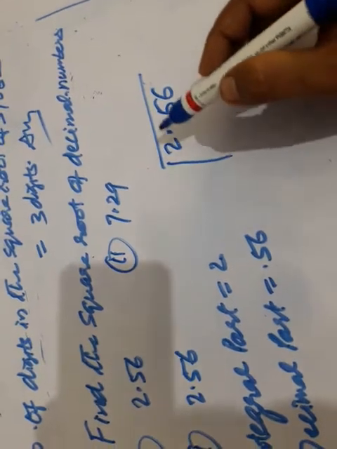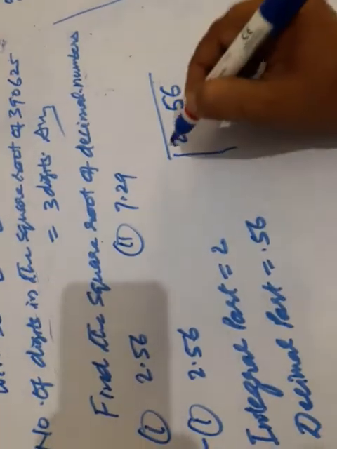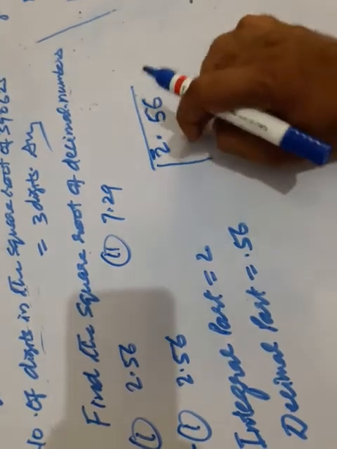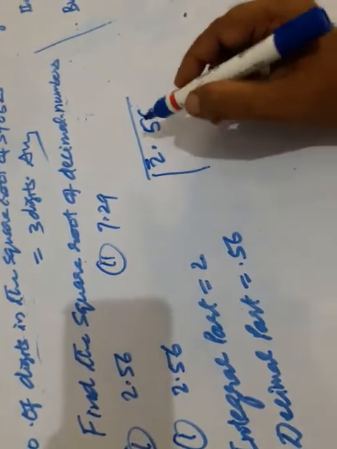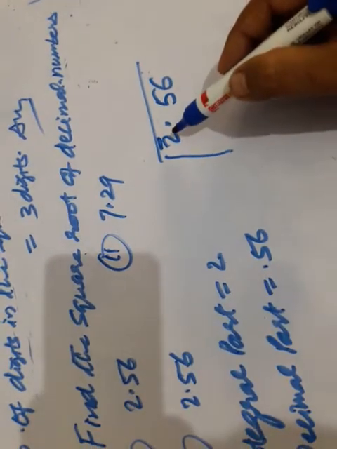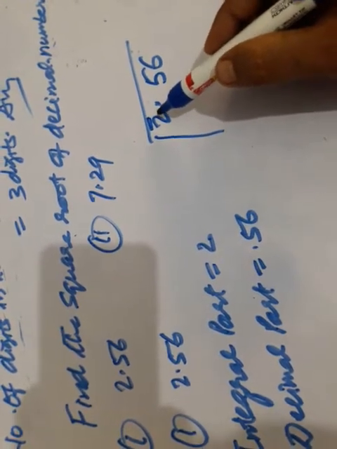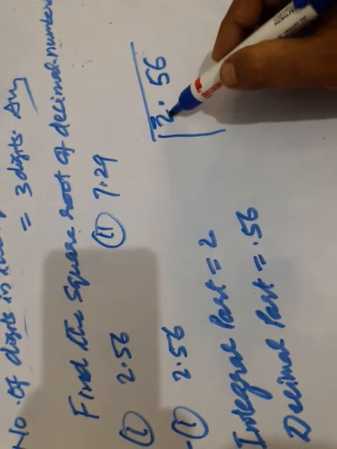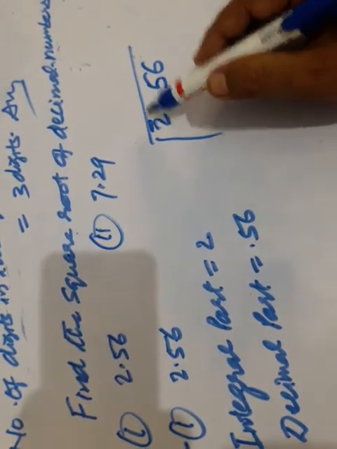See, for the integral part we will make the pairs as we were making till now. Only one digit is there in the integral part, so only one digit will be there in the pair also, and we will put the bar over that. Clear? So see, 2 will be there here. While making the pair of the integral part, that is before the decimal point, we start from the rightmost digit, that is the ones place, and we take two digits and form the pairs. Here only one digit is there in the integral part, so only one digit will be there. Clear? And the bar will be put over there.